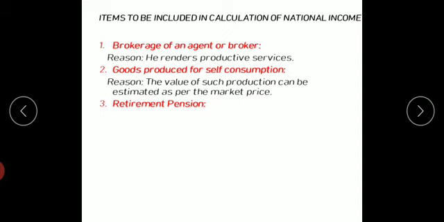Next, retirement pension, very important and also confusing at the same time. Students often get confused between retirement pension and old age pension. So my dear students, please try to understand retirement pension. What is the meaning of retirement? Retirement means you gave some service to a company, and when your service ends, you get the retirement, right or not? And after retirement, the company gives you some pension every month. Now just try to understand the pension you are getting. Why are you getting the pension? Are you just getting it from the company as transfer money, or have you done something for the company for which the company is paying you the pension?